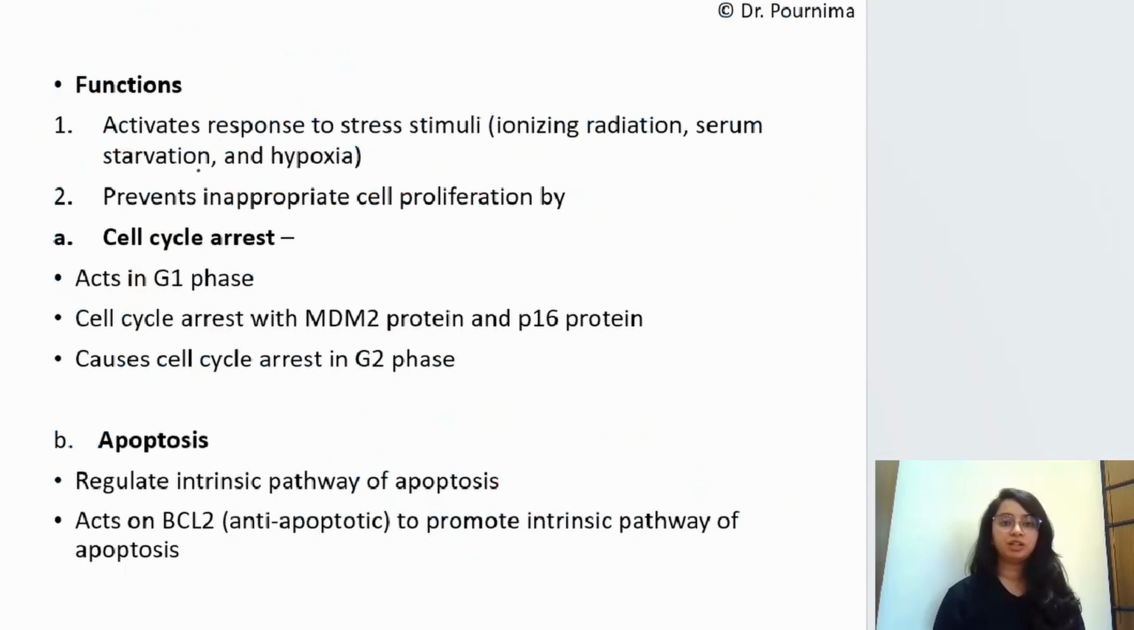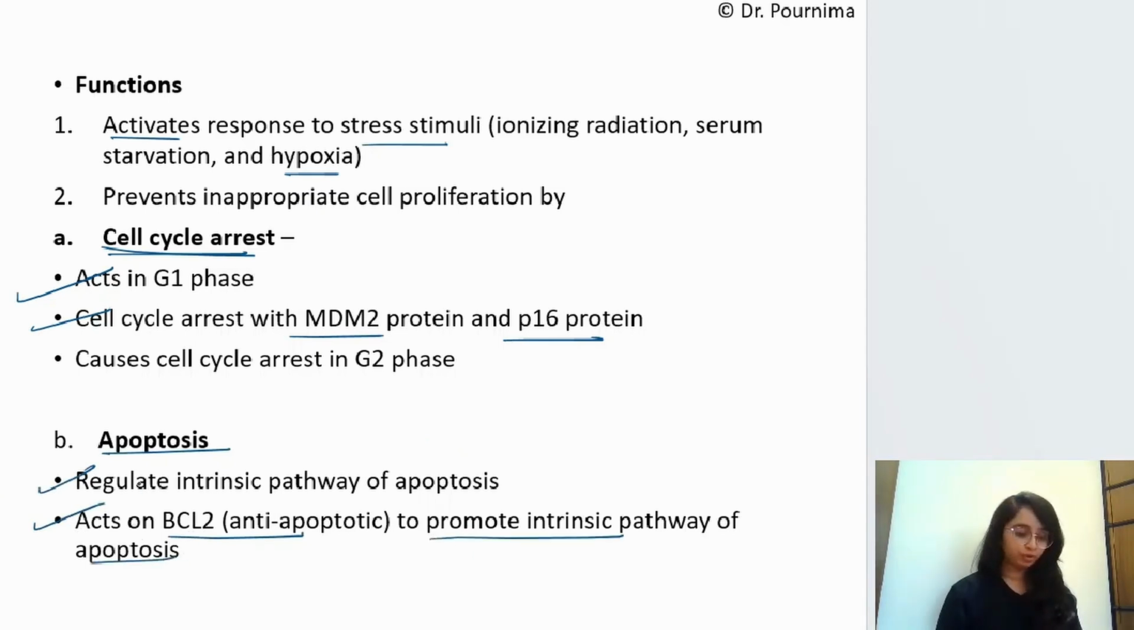The functions of p53 is it activates the response to the stress stimuli such as ionizing radiation, serum starvation, or hypoxia, and it prevents inappropriate cell proliferation by cell cycle arrest. So first is the cell cycle arrest in the G1 phase, as we have seen. So cell cycle arrest with MDM2 protein and p16 protein is done, and the cell cycle is arrested before the G2 phase also. And apoptosis. So p53 also regulates intrinsic pathway of apoptosis. So it acts on BCL2, that is anti-apoptotic gene, and promotes intrinsic pathway of apoptosis by causing increase in the